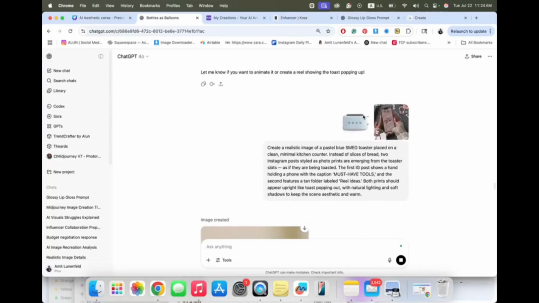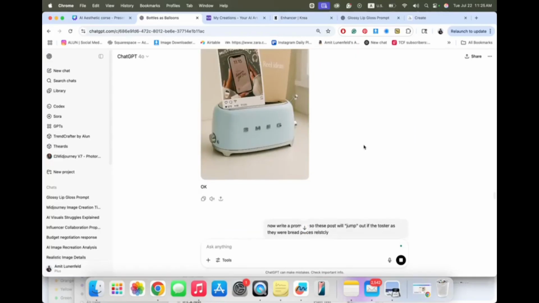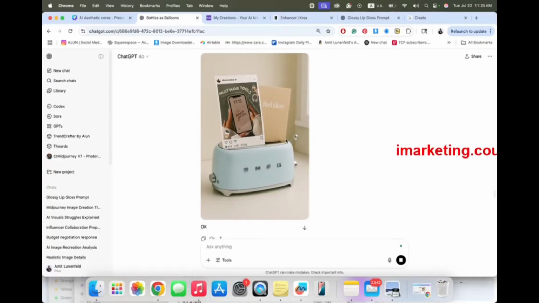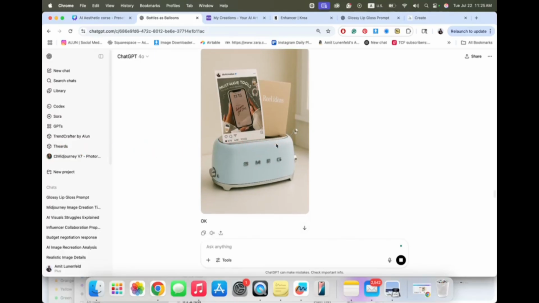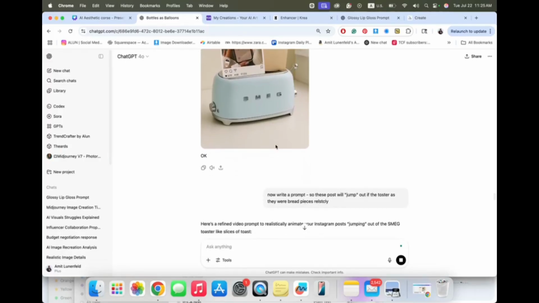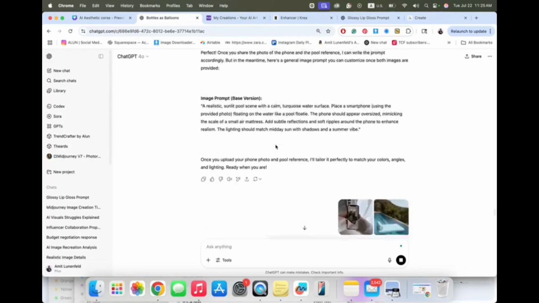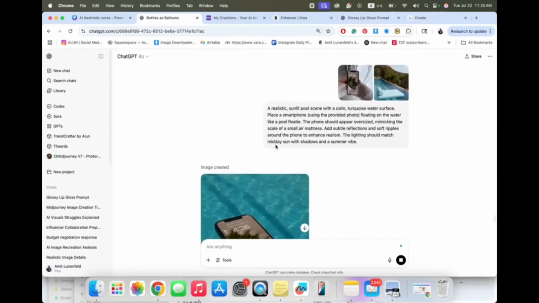I used it again, a fresh page, sent again my 2 images, and luckily got a good result. If we are very detail oriented, we can see here that the page is not 100% in the toaster, but when I brought it into a movie maker, it had a great result. I showed you already the result and things that I did. Okay, great. Now we are moving forward to this last example.